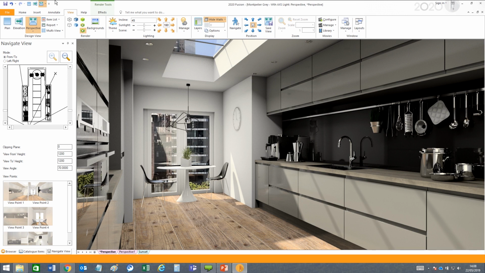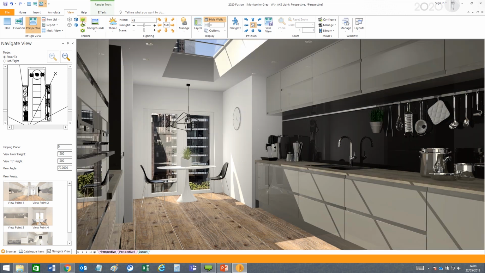Okay, I'll just drop down to the lower quality render now. So, just a few other things we want to focus on in terms of the aspects of rendering and presentation. I talked about in the introduction improved perspective view management. Now, what do I mean by that? Well, what we have in Fusion,